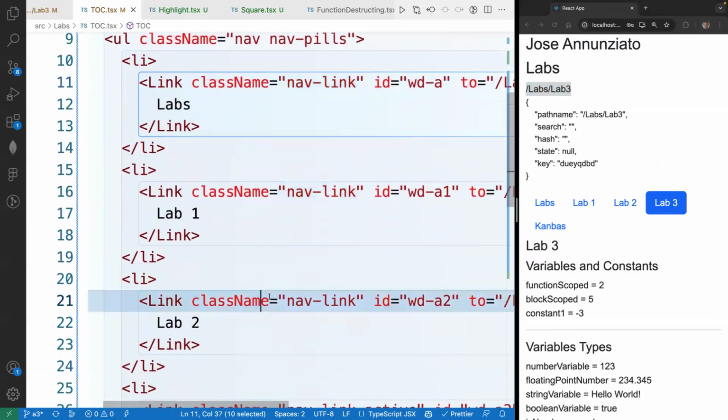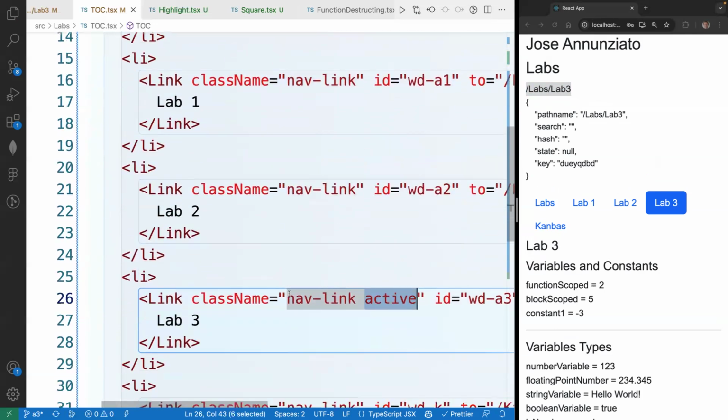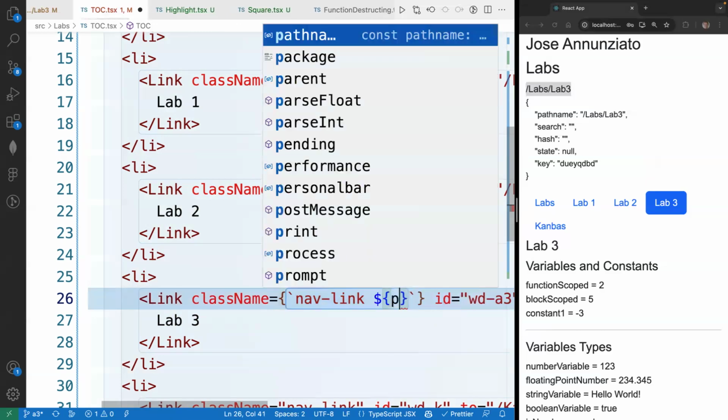right, in these class names, and then apply active programmatically based on the logic, based on that pathname, right? So what we could do here is convert this into an expression, so that instead of being hard-coded strings, this could be like this, like that, right? So now we can embed some logic in here. So for instance, instead of this always being active, it should only be active, right? If the pathname